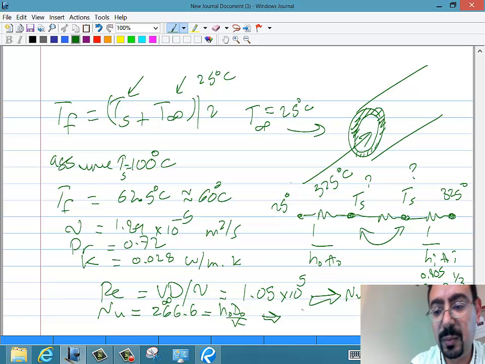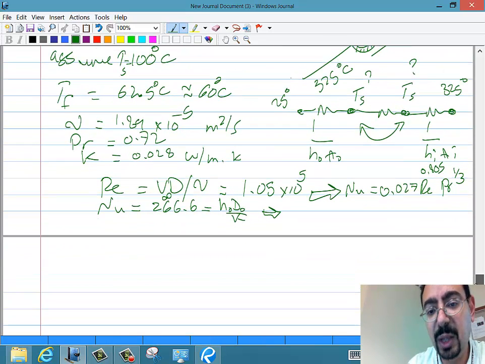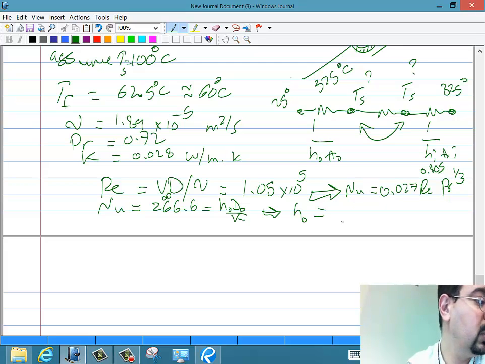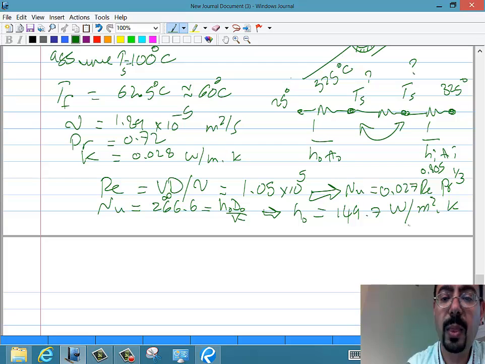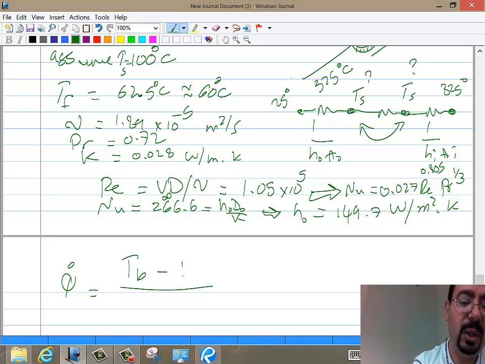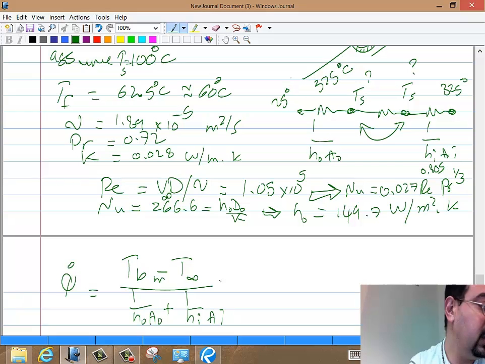From that you get H out equal to 149.7 watt per meter square Kelvin. All right? So we are done. We have H out, we have H in. And the Q dot is T bulk mean minus T infinity over 1 over H out area out plus 1 over H in area in, after neglecting the